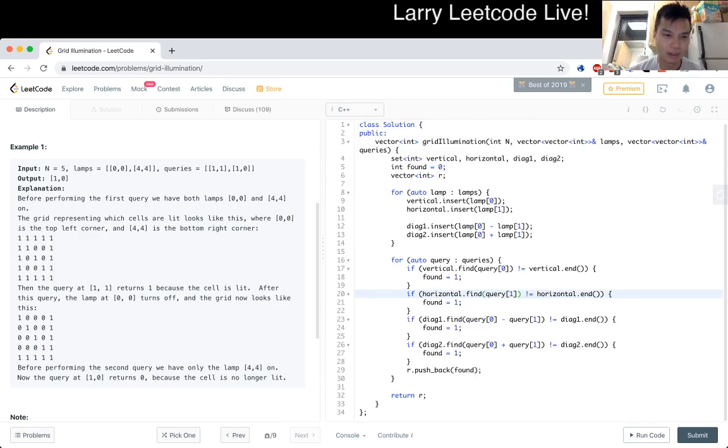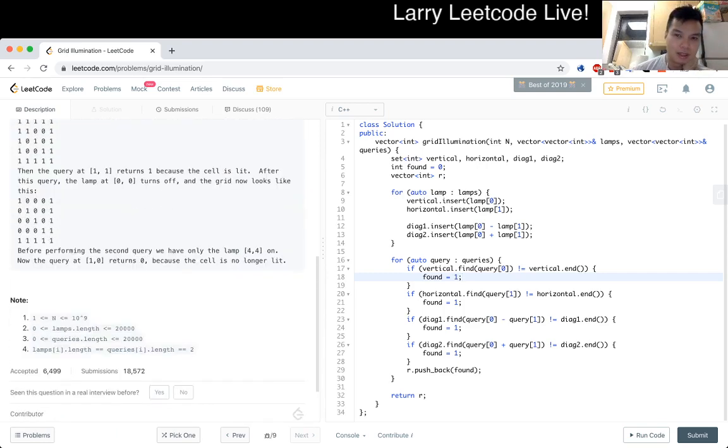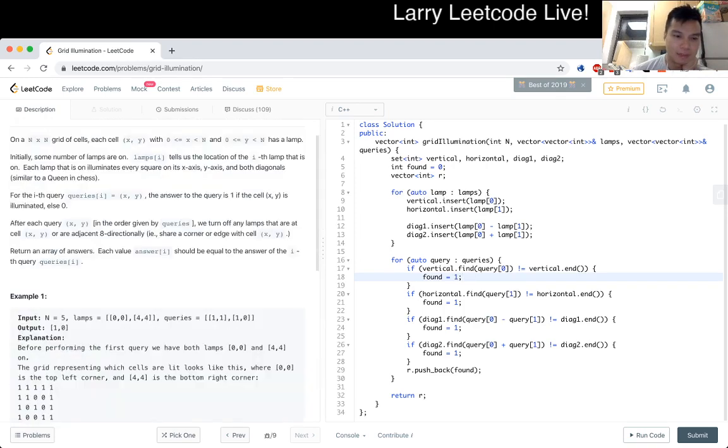So now what we want to do is turn off lamps, right? So for that, we have to... So do we remove all 8 of them? That's not bad. I mean, we just put them in a hash table and then we remove all the diagonals when we remove. I think the tricky thing is now, well, I guess maybe that is something that we have to plan a little bit ahead, is that now,